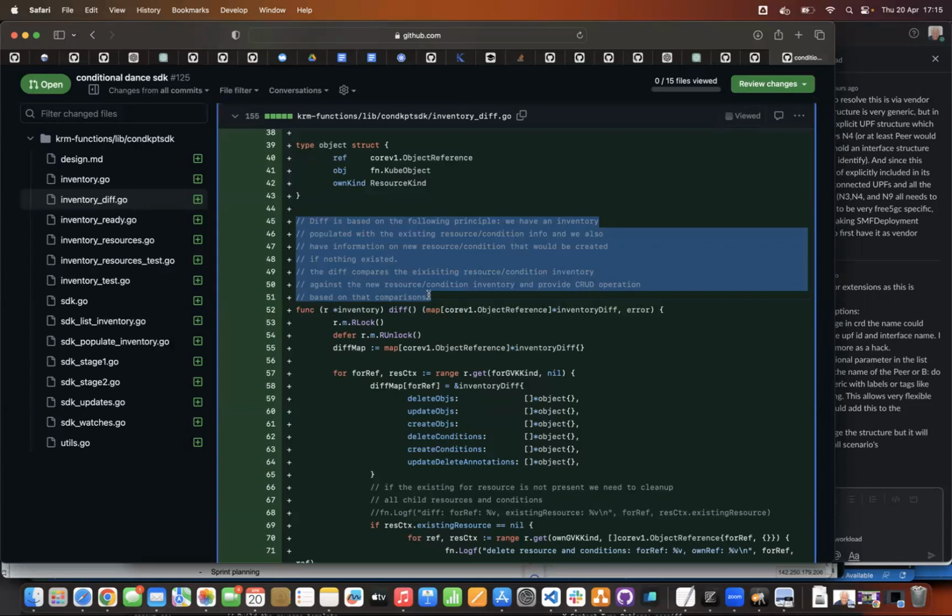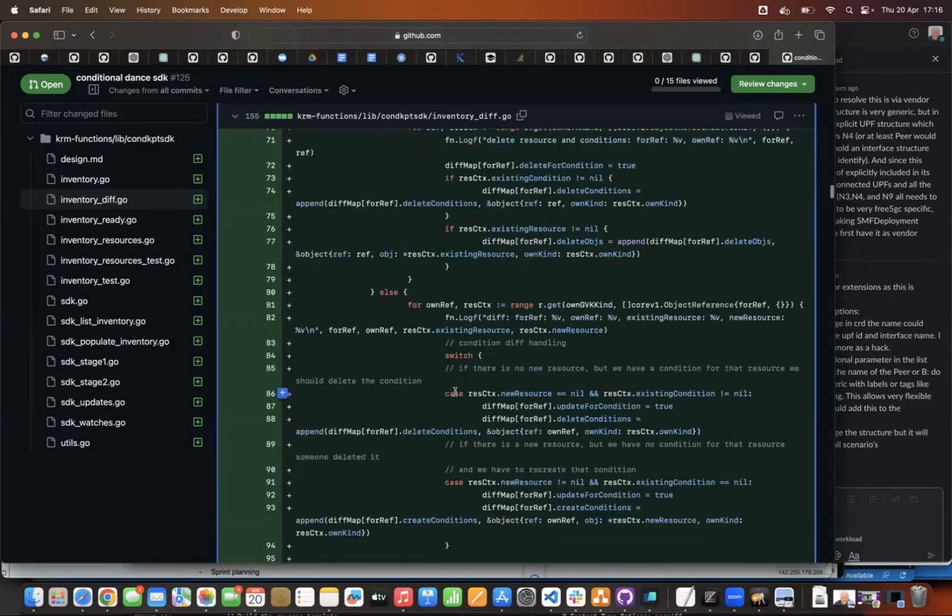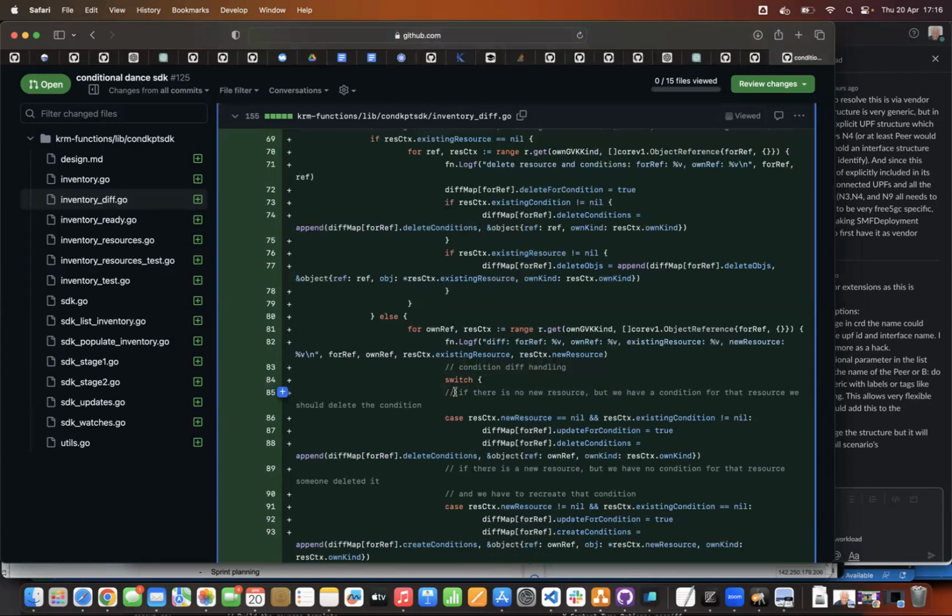So in the inventory, we store what we call the existing resource, the current one which is in the package, and we also store the new resource. And what the diff does, there are various stages in the diff if you look at the code, but you could have a case where the existing resource was not there, but the new resource got created by the populate function.